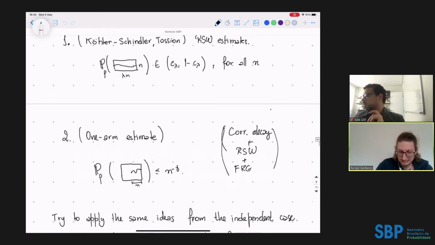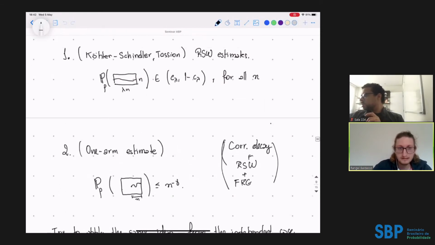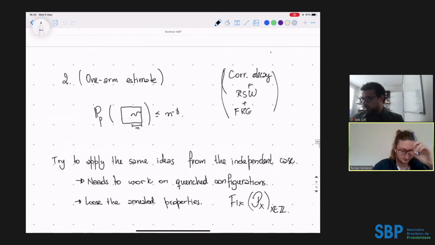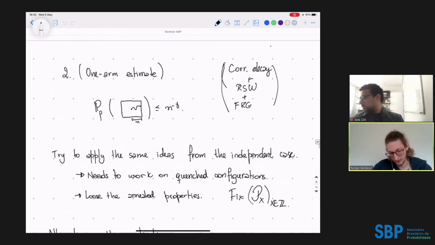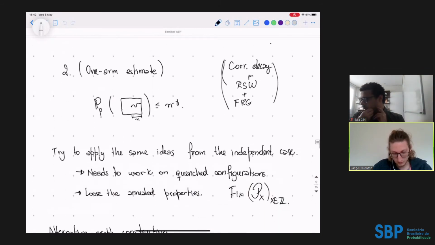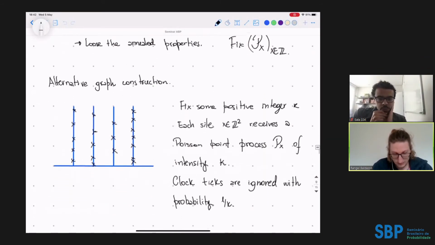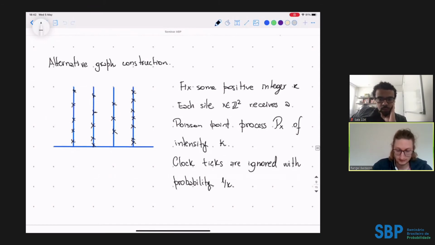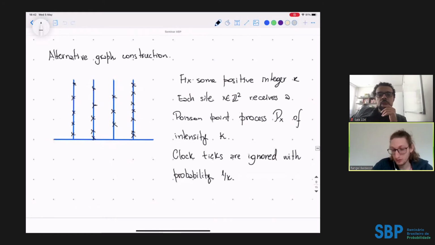The problem with that is that here you lose these two good properties here, because these are annealed properties. So these actually rely on the randomness of the graphical construction. So yeah, that's the problem. You lose these two properties, and a way to solve that is to use an alternative graphical construction. So the second graphical construction is going to be quite similar, but you're going to have more randomness to work with. So in this graphical construction, we fix some positive integer k,